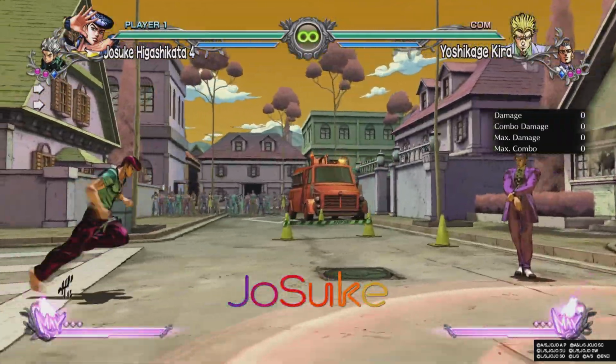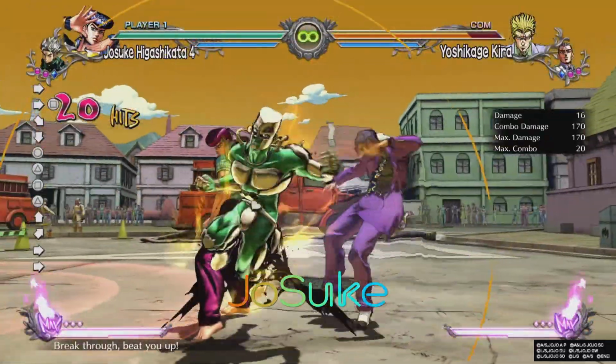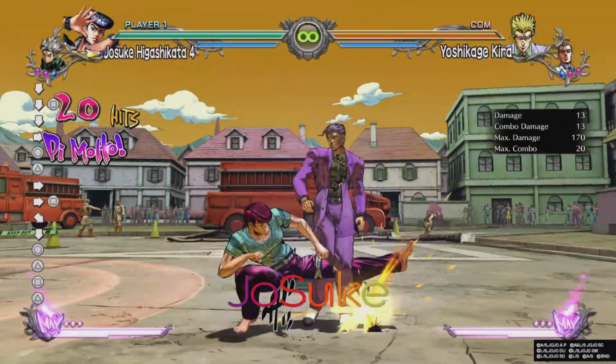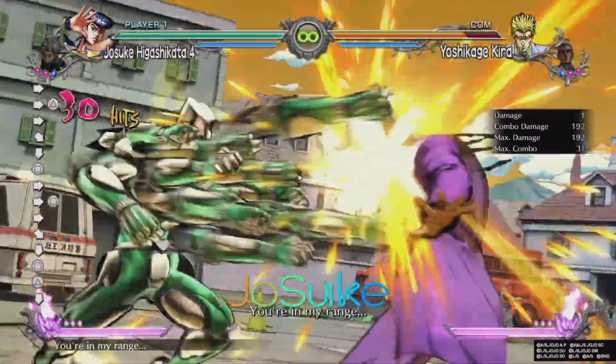Which goes through. Remember, he has a retreat, which is good because it gives him space, and he's 100% invincible in the retreat. And if you try to hit him, it's considered an active attack, so it'll knock you back. But